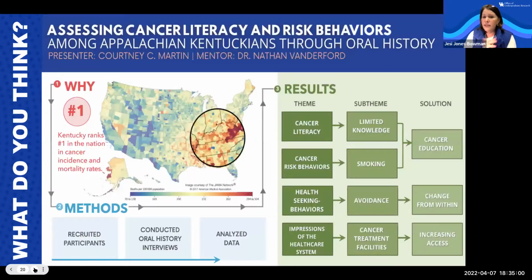All right, so Maya's was quantitative, and now this is a look at qualitative. Courtney Martin is one of our ambassadors. She does qualitative data within the College of Medicine, and she does oral presentations. She used this slide for an oral presentation, so instead of having to click through a slide deck, she puts this single slide up and then is able to talk about